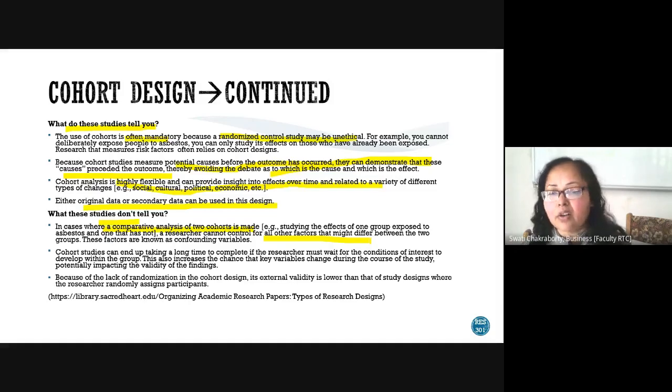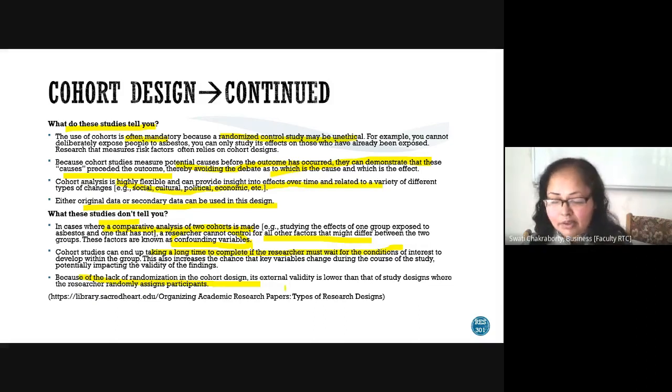So these factors are called confounding factors or variables. Cohort studies can end up taking a long time to complete if the researcher waits for the conditions of interest to develop within the group, right? Which also increases the chance that the key variables change during the course of study, thereby impacting the validity of the findings. And because of the lack of randomization in cohort design, its external validity is lower than that of those designs where the researcher